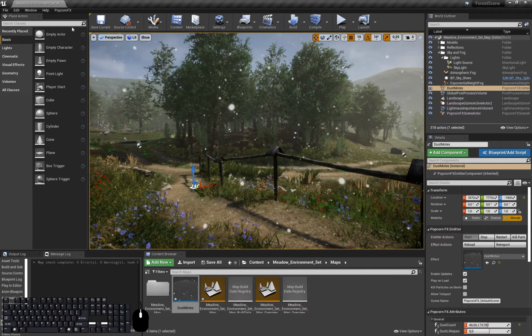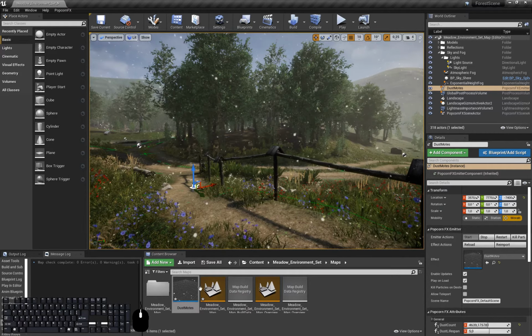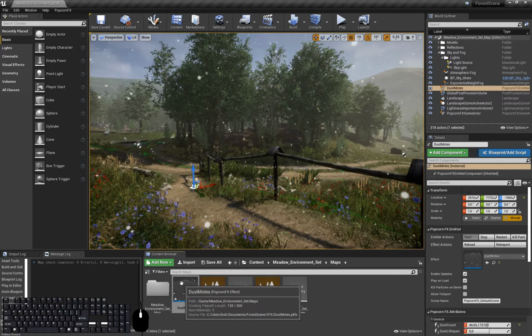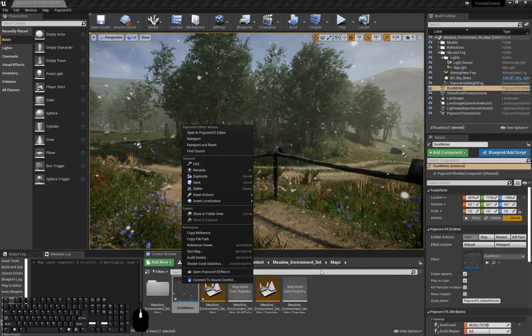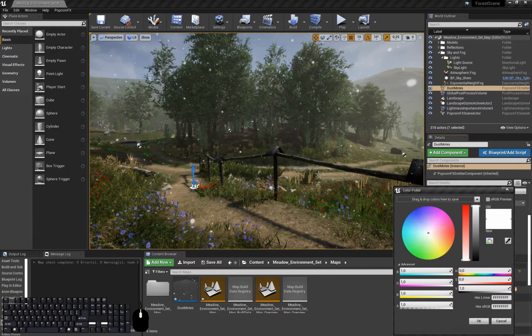You can set that up in the settings. It's explained in the documentation. Without the auto reimport setup, I can click reimport here or right click on an asset and do reimport. So I'll just click reimport here, and as I do that, here you now see the color attribute. So I can change that,